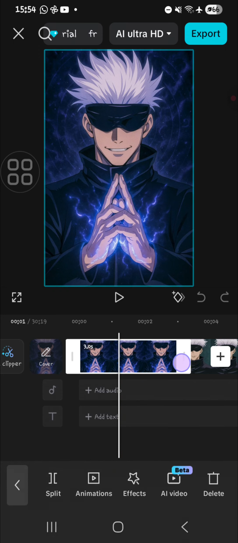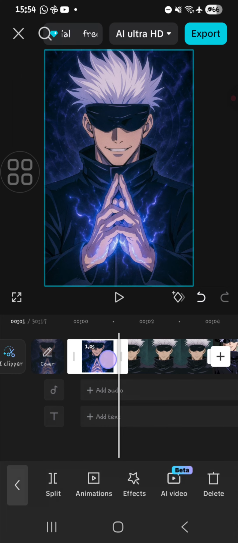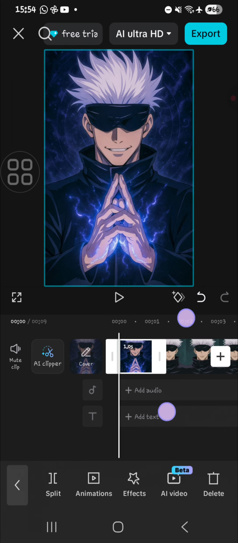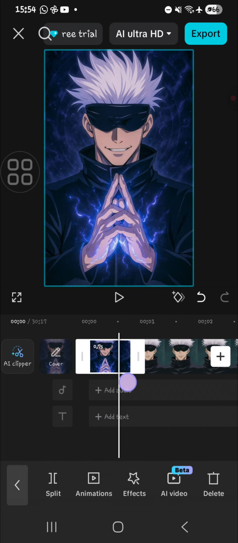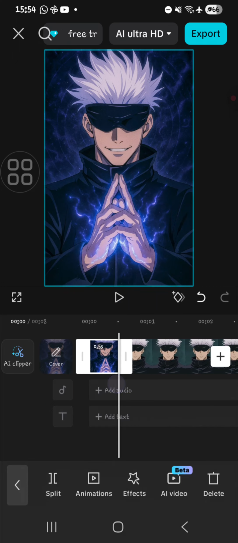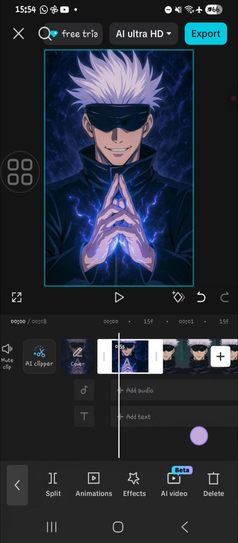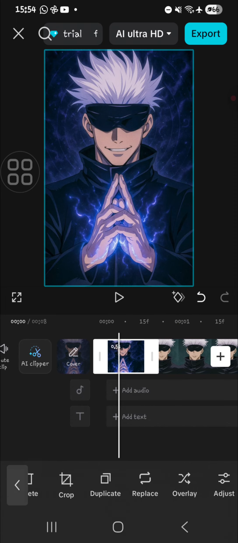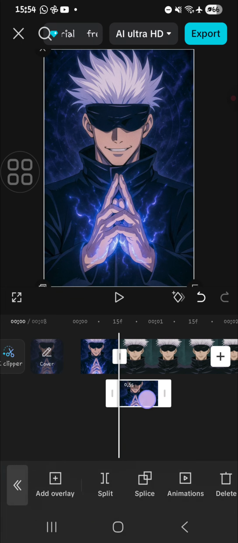And then I'm going to duplicate the photo. But wait, let me adjust the duration. I'm going to make it 1 second. Okay, and then I'm going to duplicate it. But wait, I think I need to make it shorter. So I'll go with 0.5 seconds. All right, and then I'm going to duplicate it like this, and then we can make overlay